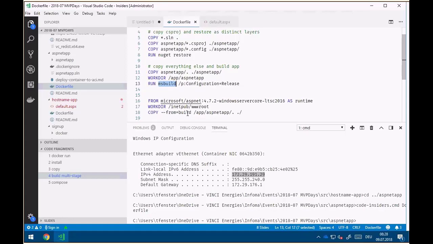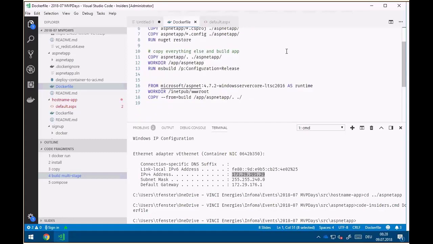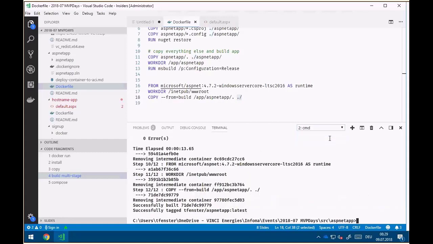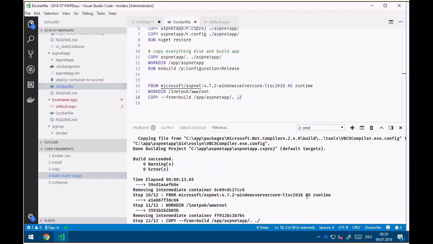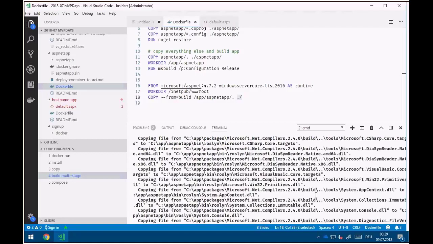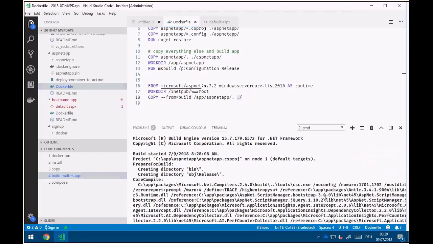You can see here that we're naming that one build, and we're referencing that one here. And we're copying everything from our ASP.NET app, where the build actually has happened, and are moving it into the inetpub wwwroot directory to make sure that it's available for IIS. So let's see, that one has run through as well. You can see here, if we go to the top,